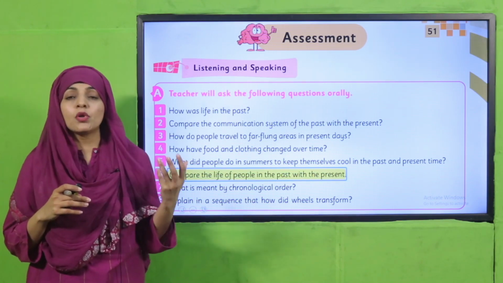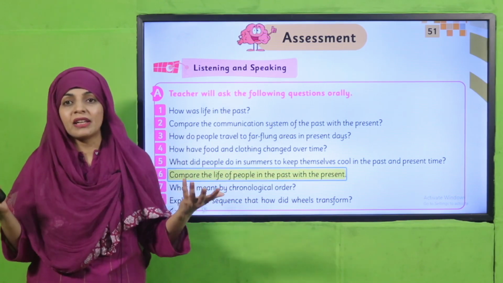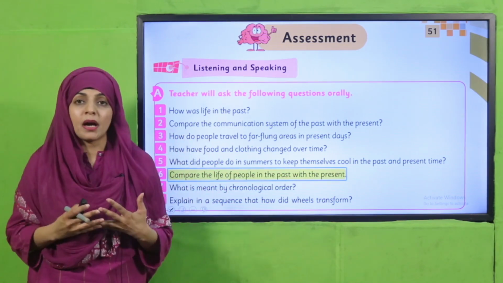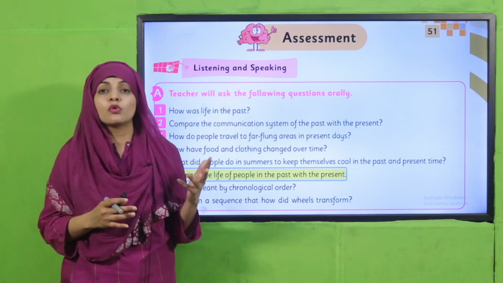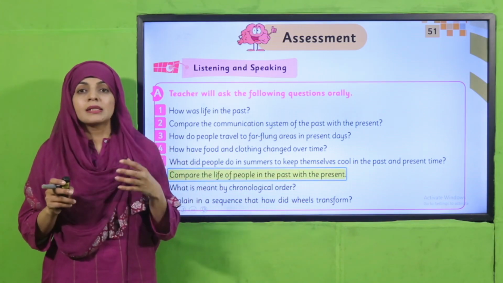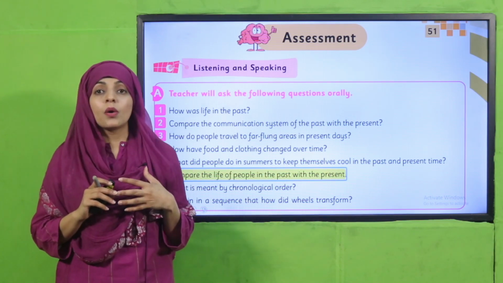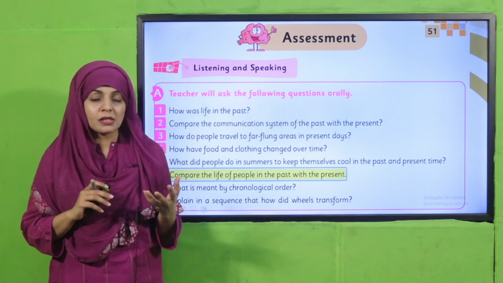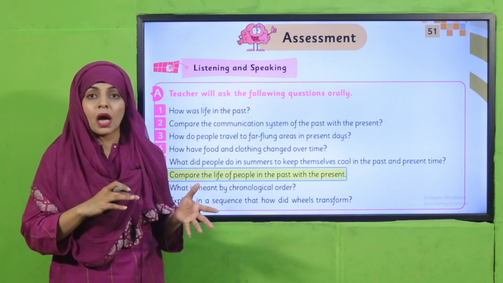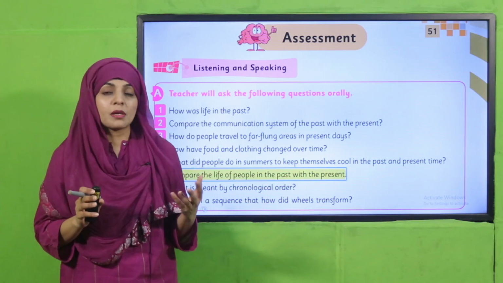In the older time, people used to light up their homes with lanterns. Nowadays, we have electricity and LED bulbs to light up our houses. In older days, people used to build up their houses with mud. Nowadays, they build them with cement and bricks. And in older days, there was no proper transportation system. People used to travel from one place to another on animals, and nowadays they have proper transportation system like buses,